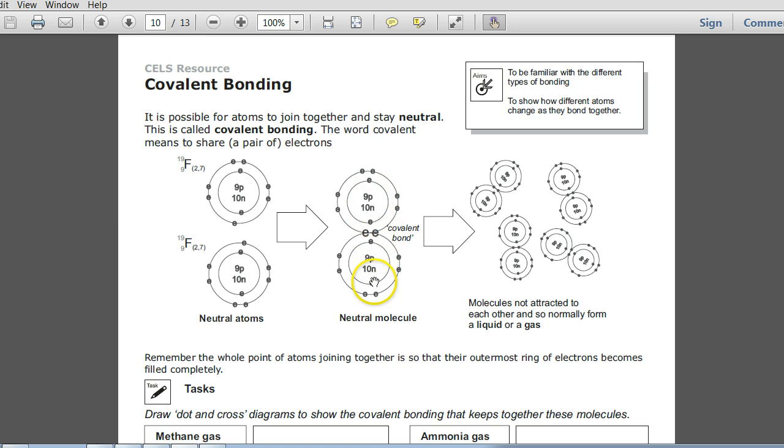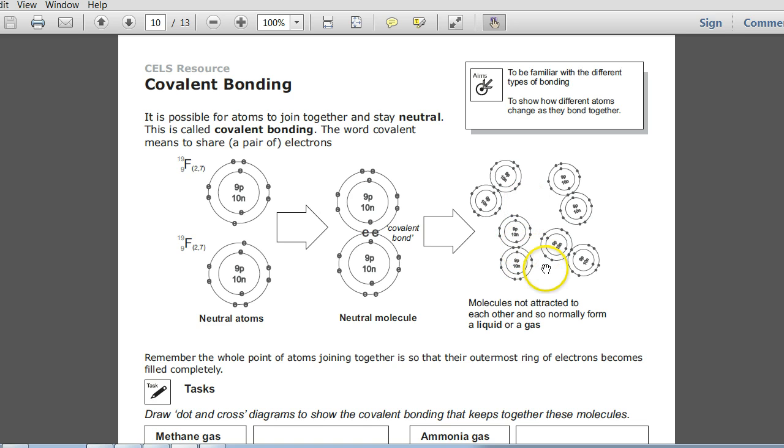So now we have what we call a molecule. Right? We've talked a lot about molecules, but what's actually holding that molecule together is the important piece that we're looking for here. It's the sharing of those electrons, and that's what we call a covalent bond: those two electrons that are being shared and actually holding those molecules together. So as more fluorine atoms do this, we get multiple molecules. When we have a sample of fluorine gas, what we actually have are a whole bunch of these